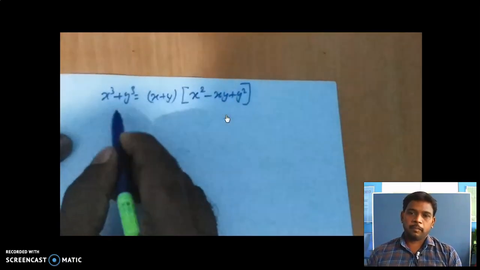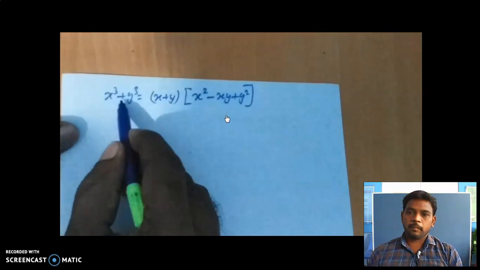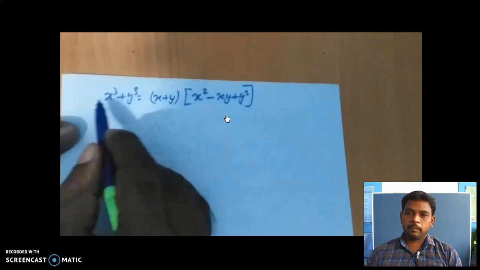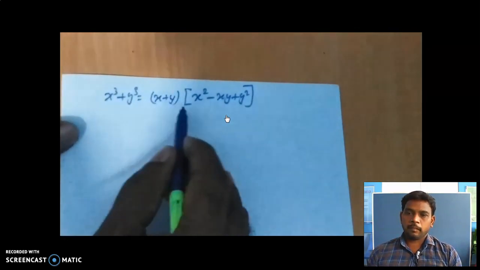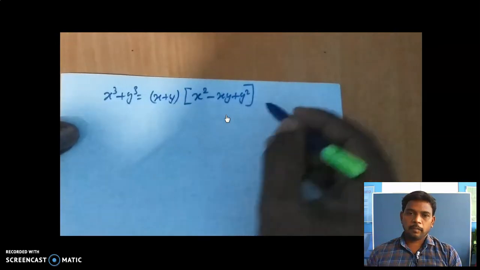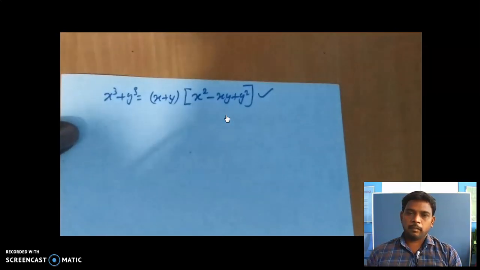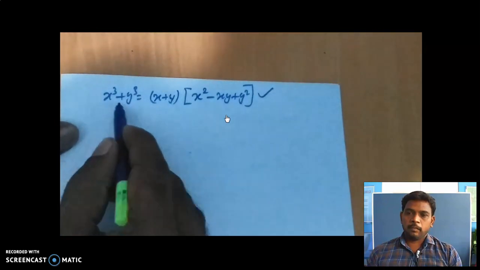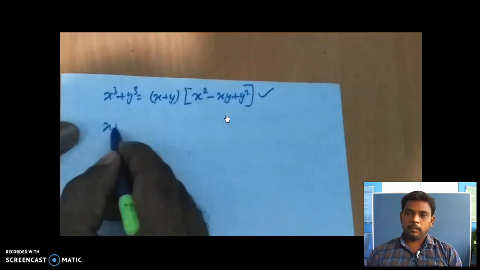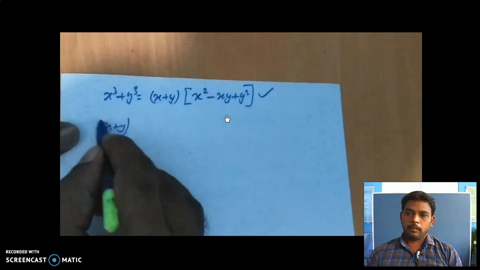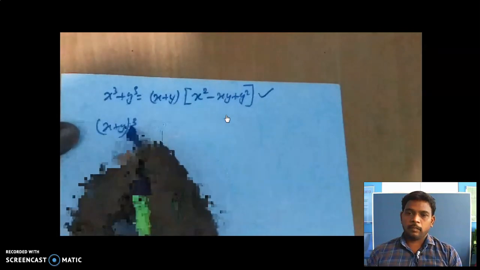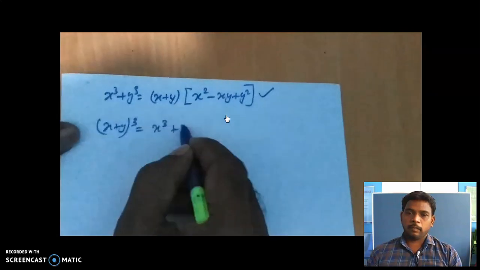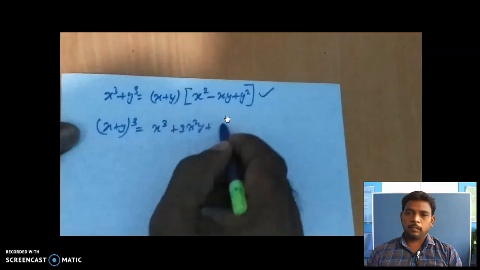So we are going to prove the same thing, but instead of minus, plus is here. So x cube plus y cube equals (x plus y) into (x square minus xy plus y square). This we are going to verify. Okay, again they have cube terms, and here plus is there. So we are going to use now the (x plus y) whole cube formula. So (x plus y) whole cube equals x cube plus 3x square y plus 3x